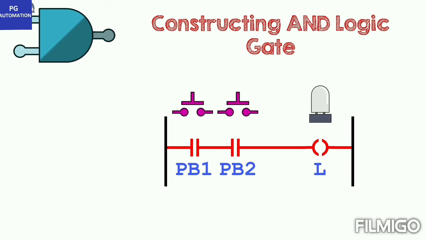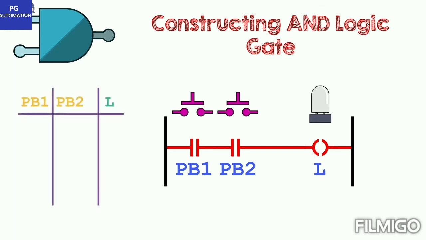A side note on this: inputs are always connected on the left side of the rung. Inputs can be connected in series or parallel. Outputs are always connected on the rightmost side of the rung, and the outputs can only be connected in parallel. When the rung is complete, one can imagine a current to flow and power gets supplied to the output device.